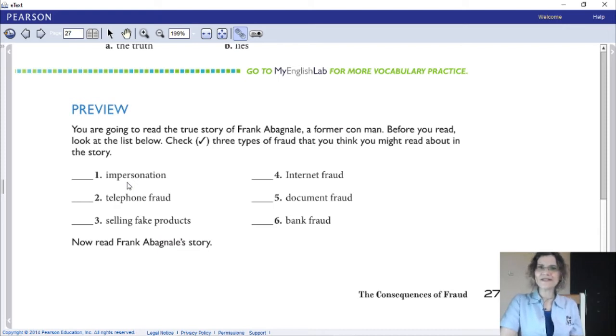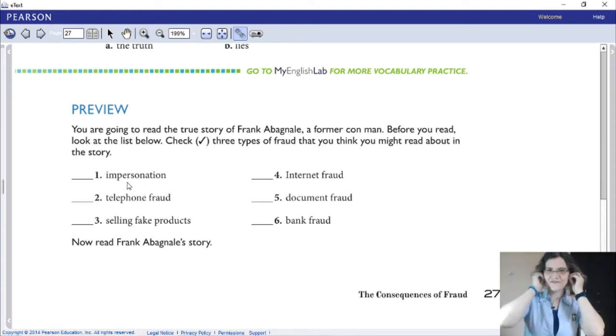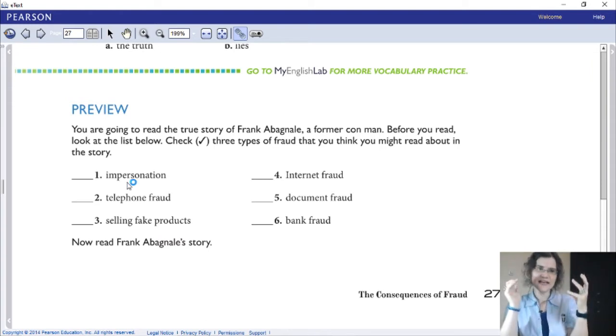Now, previewing is when we are predicting the text type and the purpose. And we do that by looking at the title and annotating the keywords in the title, looking at subtitles or subheadings if the text has it, and we look at visuals, and that gives us a concept of what the text will be about. Now, for instance,